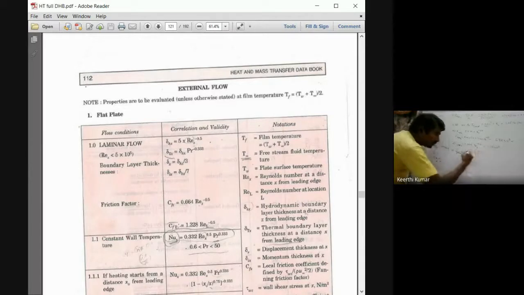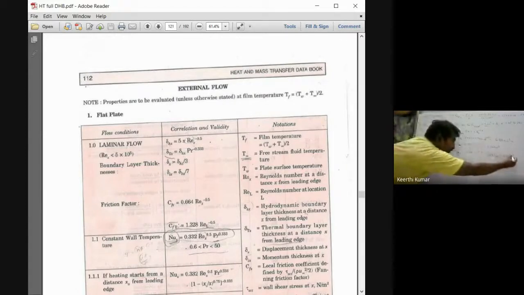So find out. This formula I can also write as 2 into CF at X. Observe this formula, this formula, this formula. It is double of that. That means if there is a parabolic nature and I want to get an average, just double the maximum value, we'll get the average. That is the meaning of that. So that will be how much? Double of 3.04, 6.08 into 10 to the power of minus 3. Again, this has no unit.